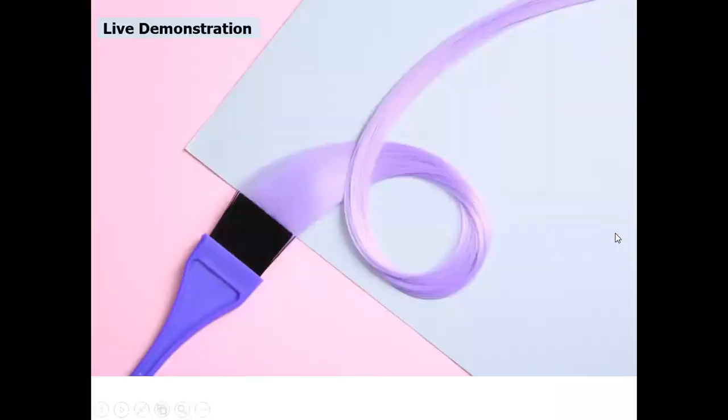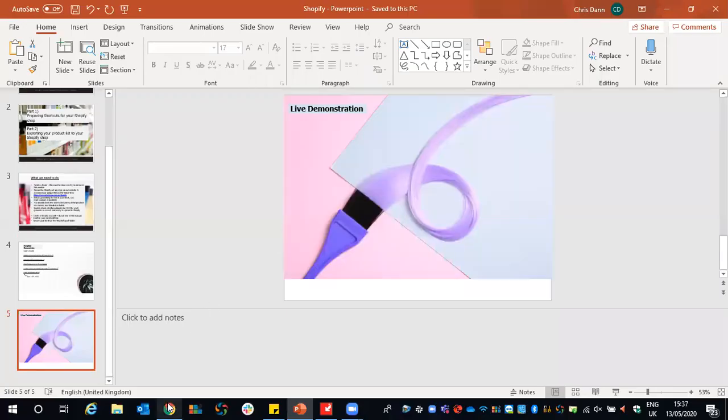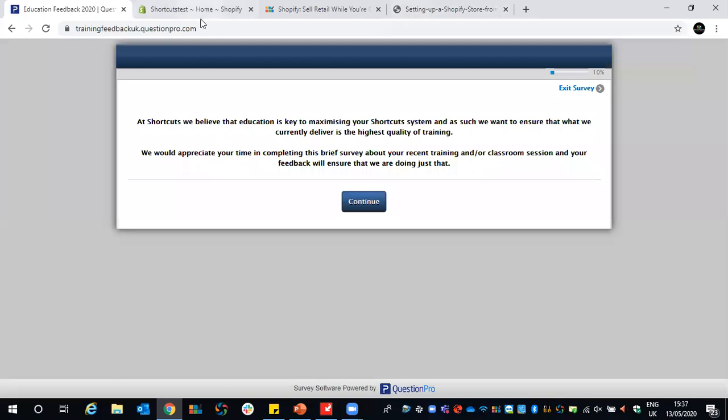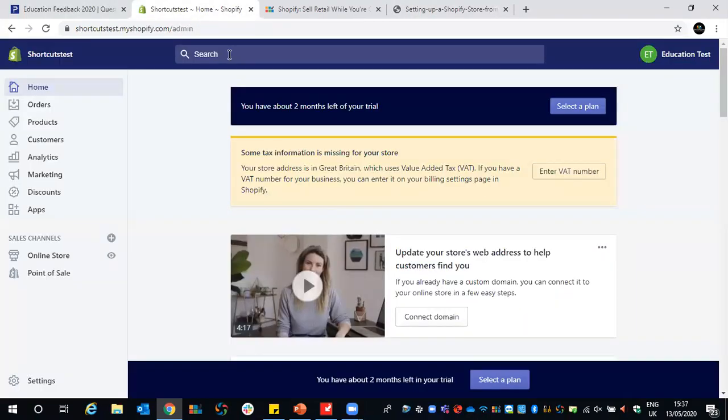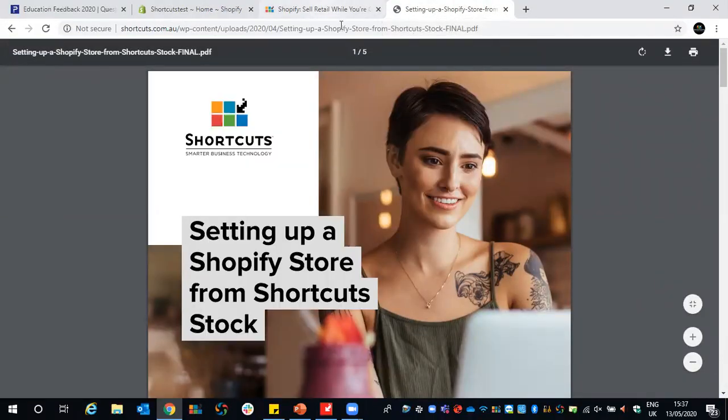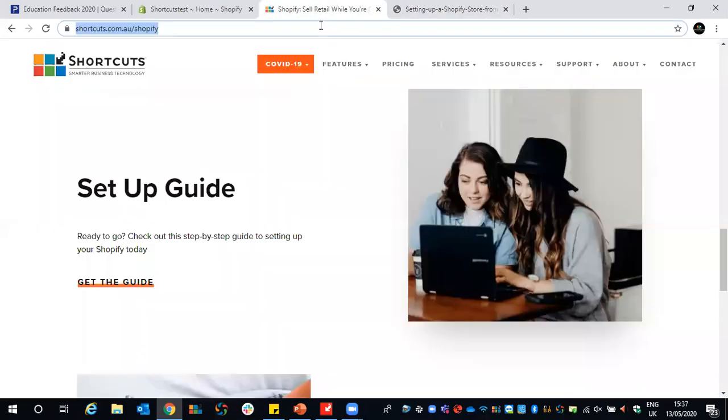Perfect. So let's move over to our live demonstration. So what I would recommend you do when you do this yourself is always open up your Google Chrome browser, okay? I would always recommend we use Google Chrome as your browser. So that's the first thing we're going to do. Okay. And then what we're going to do is we're going to navigate to our website, and it's